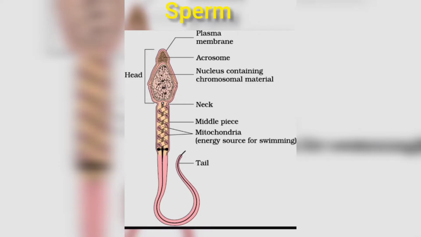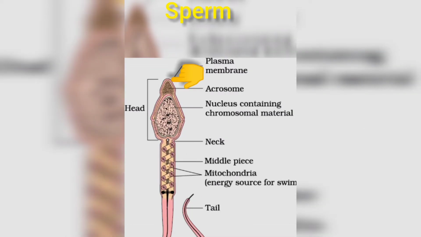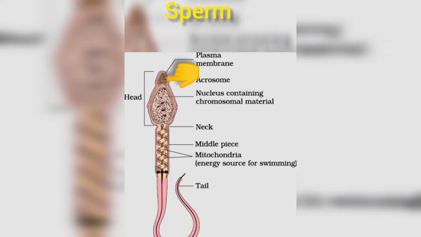The sperm is a microscopic structure composed of head, neck, a middle piece and a tail. A plasma membrane envelopes the whole body of the sperm. The sperm head contains an elongated haploid nucleus, the anterior portion of which is covered by a cap-like structure, the acrosome. The acrosome is filled with enzymes that help fertilization of the ovum. The middle piece possesses numerous mitochondria, which produce energy for the movement of the tail that facilitates sperm motility essential for